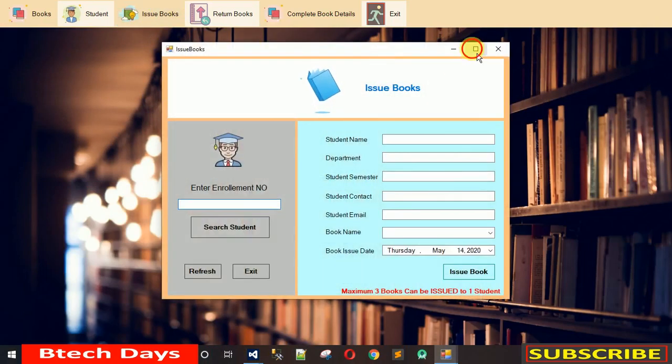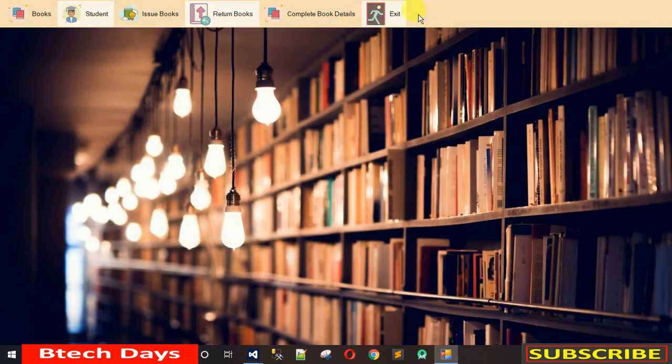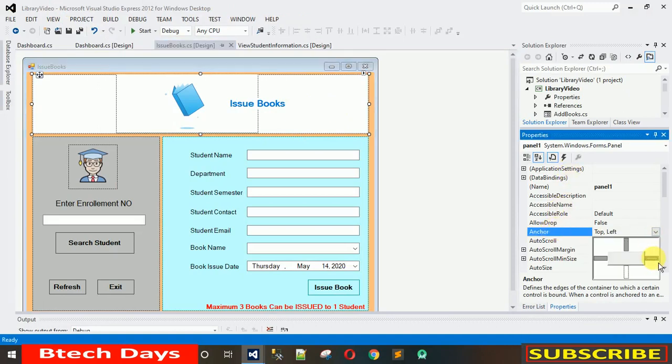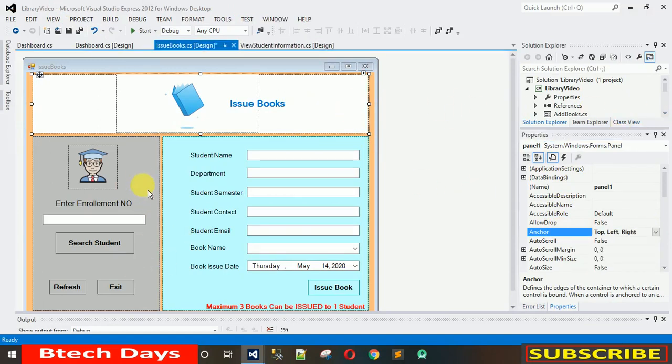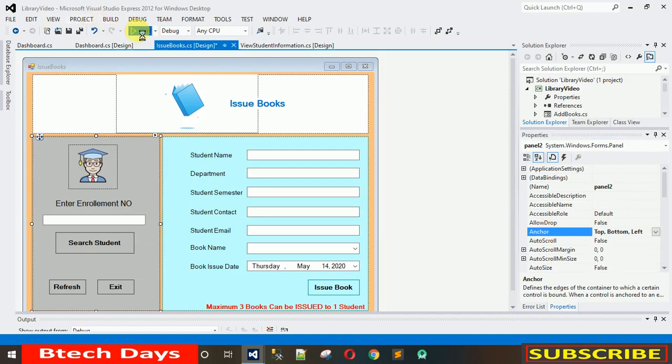When I click on this and maximize it, here you can see this panel is now filled till the end, but these are not enlarged. So I have to do the same for these text boxes as well, and for these panels as well. So let me just close this. And after that, just select this panel and select the anchor property, and after that just select the right one because we have to make this large till the right side. Okay, so that's it. And for this one, just click on the anchor as well, and I want this to be filled down. So now let me just start this,